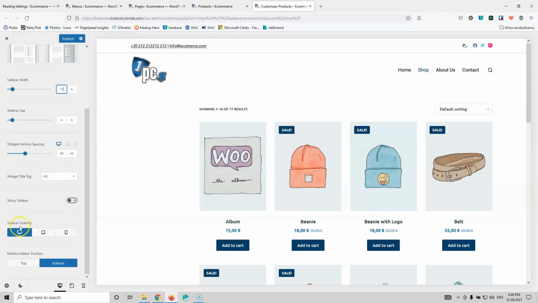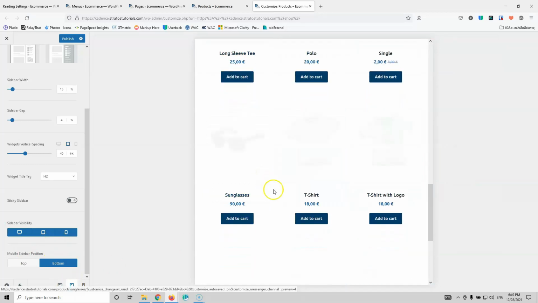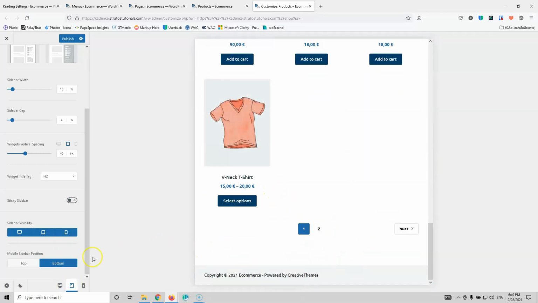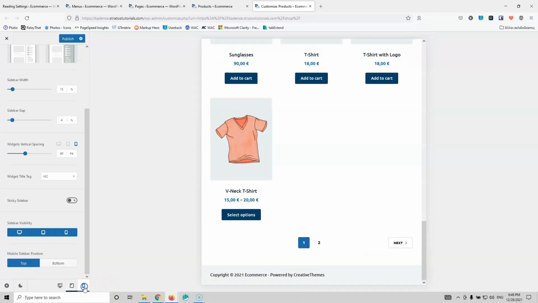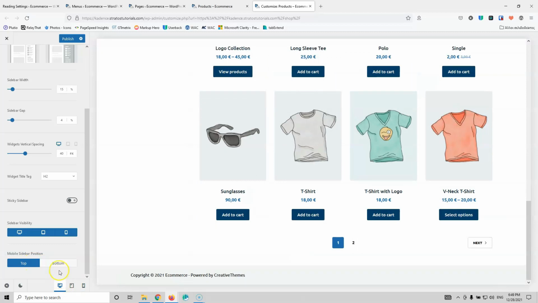Now, keep in mind that this is the sidebar visibility. So it says that in the mobile view, it will not be displayed. So I need to put that in the tablet and the mobile view. And usually for the mobile view, I put that on the top and not on the bottom. So once you hit the tablet, you will see that the sidebar will go on the bottom. Of course, I don't have any sidebar here, but I usually put that on top, and then inside the mobile view, I also check that is on top selected. Okay, after that, let's go back here